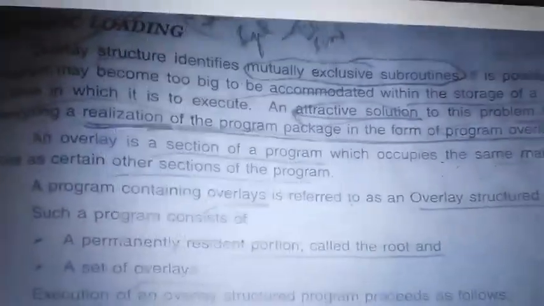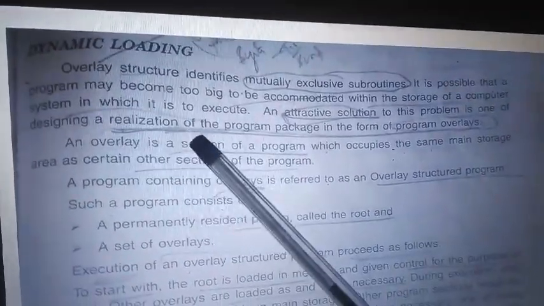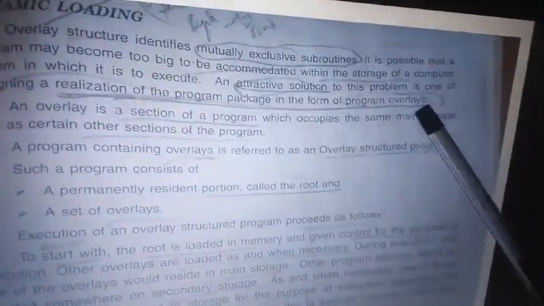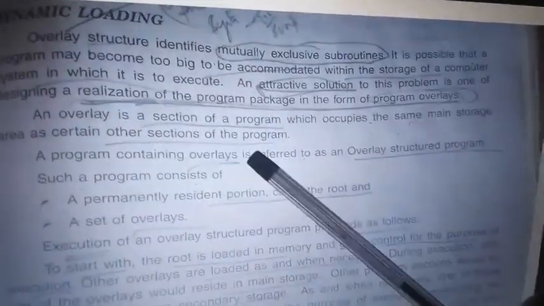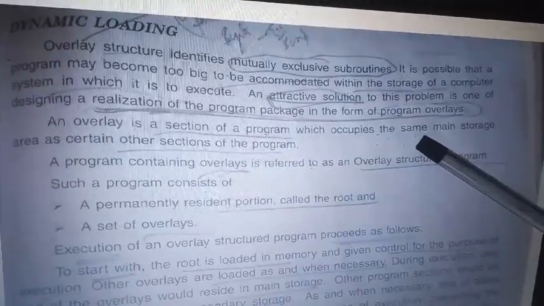So what is this overlay structure? It's an attractive solution, where programs are run in the form of program overlays. Then what are these overlays? An overlay is a small section where a small section of a program is occupied.